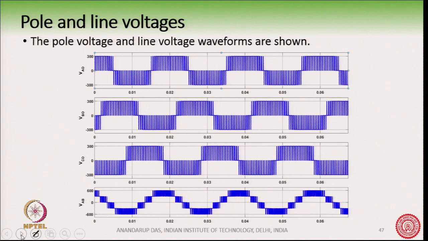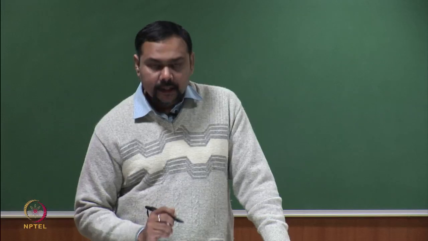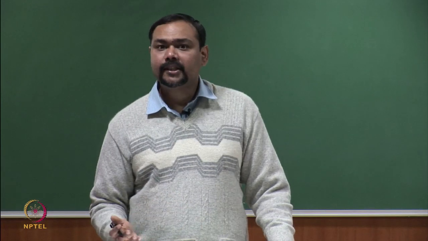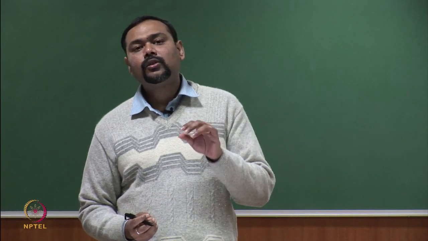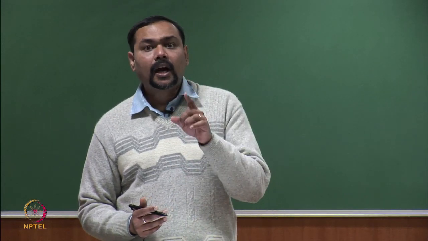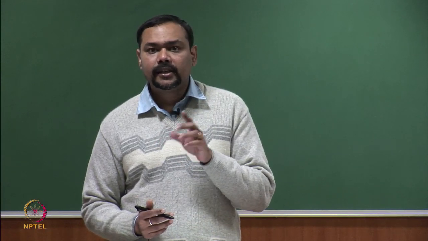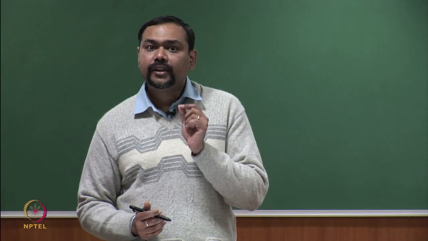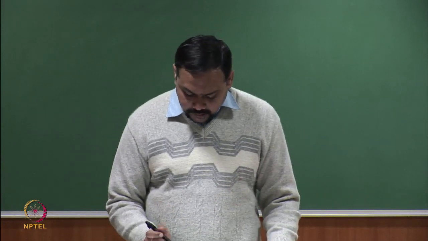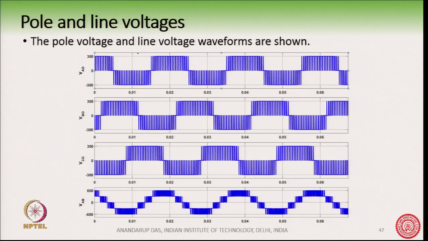After we have done this, we can see the pole voltage and line voltage. Now we are in the space vector PWM. We have ensured that the start and end vectors in a switching cycle Ts will be of equal duration of time. That is how space vector PWM is ensured. Here you see the pole voltages and the line voltages. You cannot differentiate much from sine PWM,